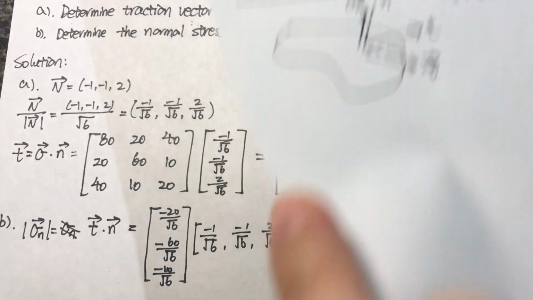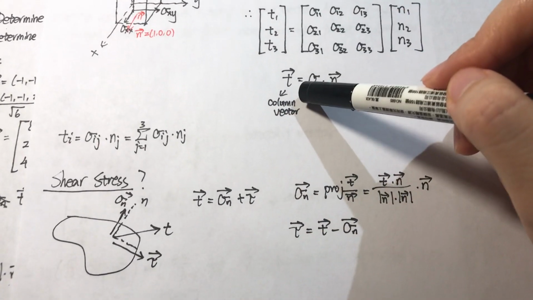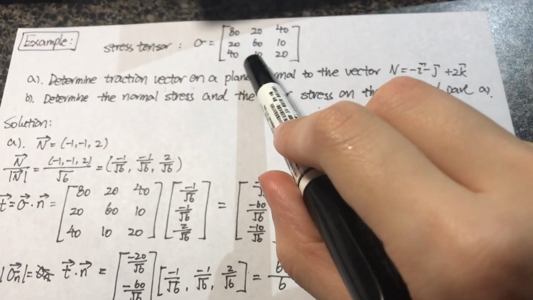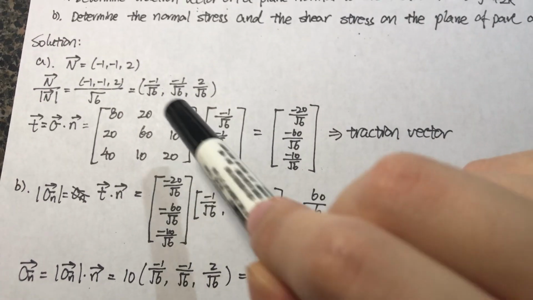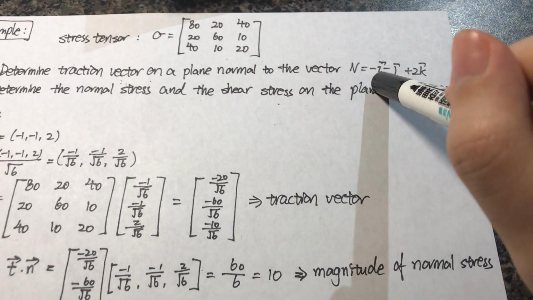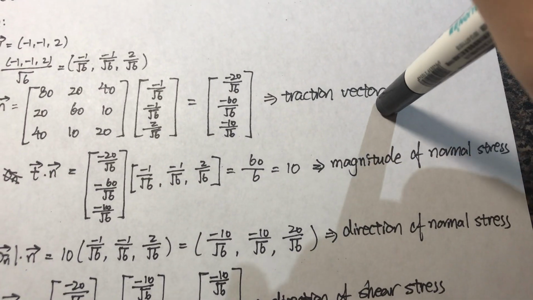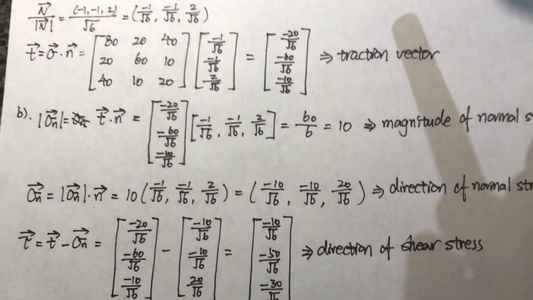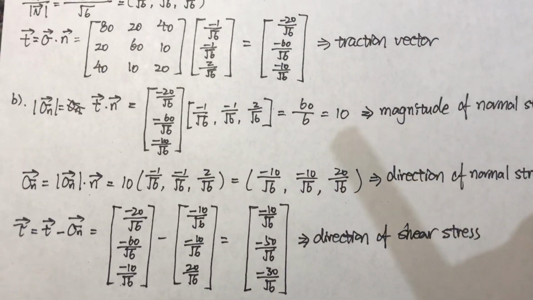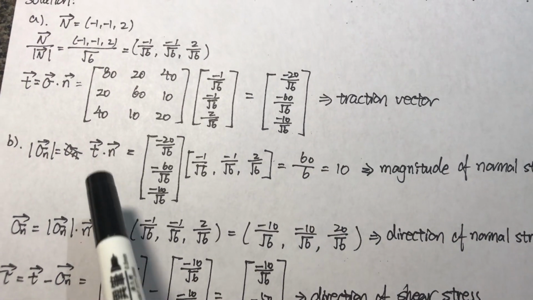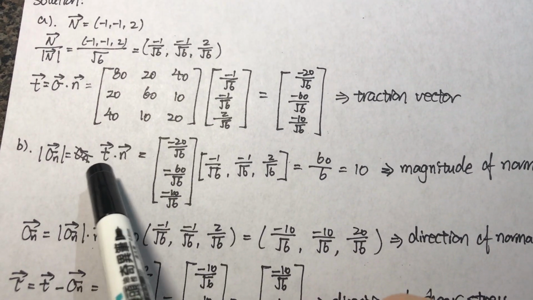As we talked about before, the traction vector is just the stress dot n. So the traction here is the stress tensor we obtained from above, dot the n, which is the normalized vector. So we have the traction vector here. And for B, we're going to calculate the normal stress and the shear stress. For the normal stress, we have the traction T here and the n here. So we use T dot n,